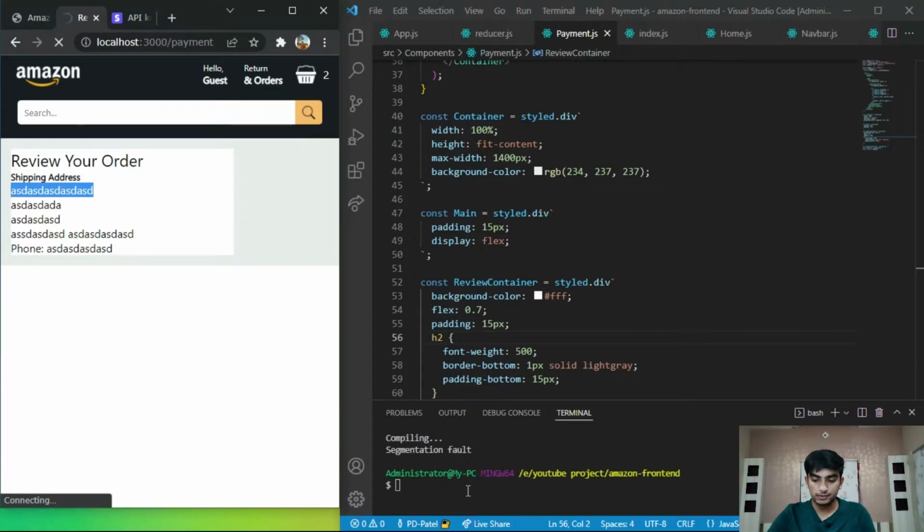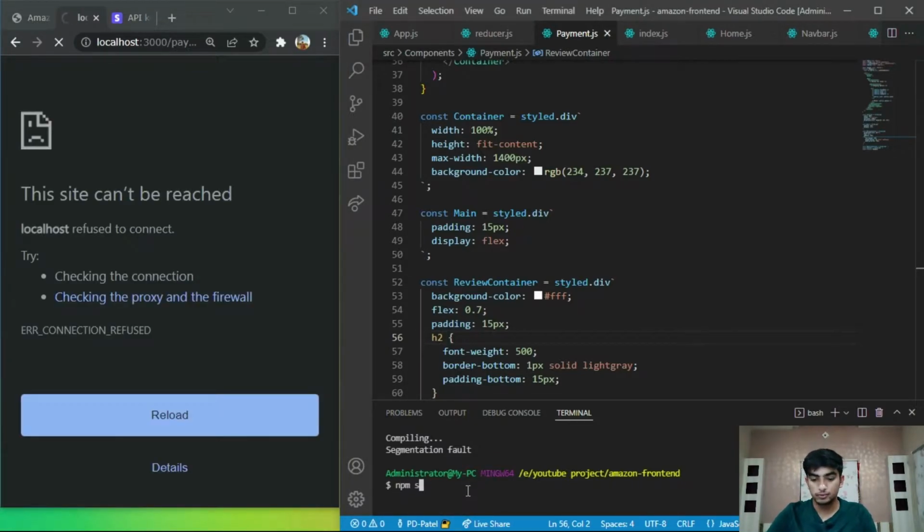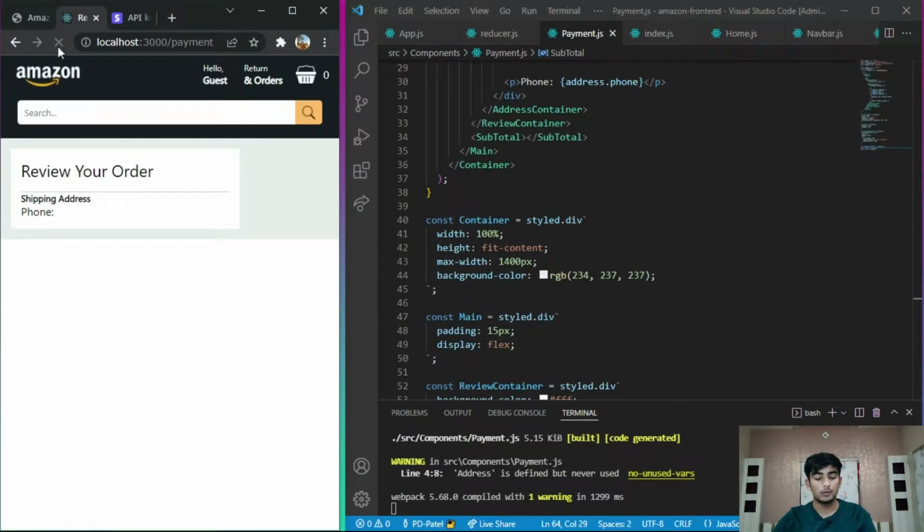Okay, the server is crashed now, so again we have to run the server. Now as you can see, the review order is completely done now. The review order heading is completely working now. Now you can see this is the space, and this is the space for